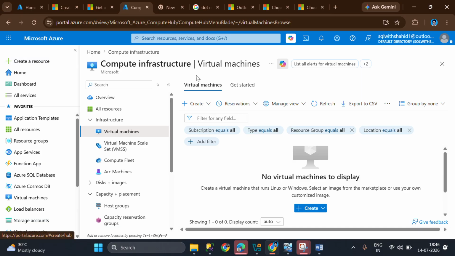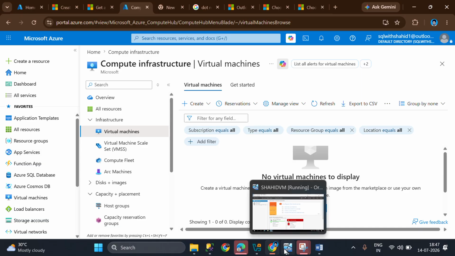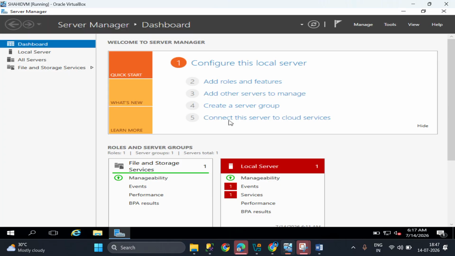So again, here is how to create VMs, as I created previously in Oracle Virtual Machine. Here this is taking my computer resources, okay? This is the VM, in the last case, which I have installed. One thing is, you have to go for desktop experience whenever you select this ISO file and try to install.